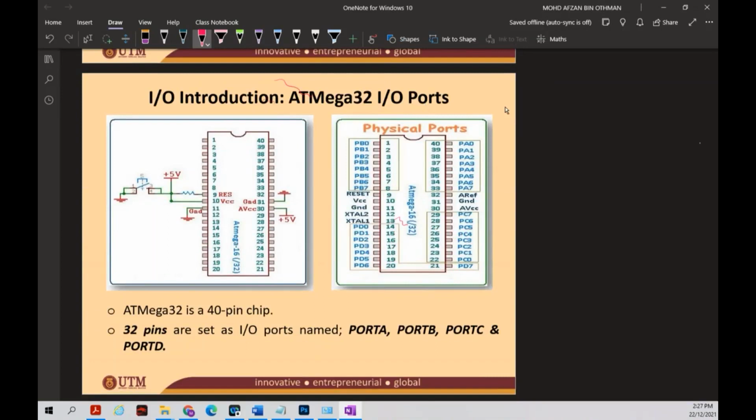Right, so let's look at the ATmega32 input output part. As you already know, we have a total of 40 pins, starting from pin 1 until pin 40. From these 40 pins, 32 of them are dedicated to your input output ports, which is 8